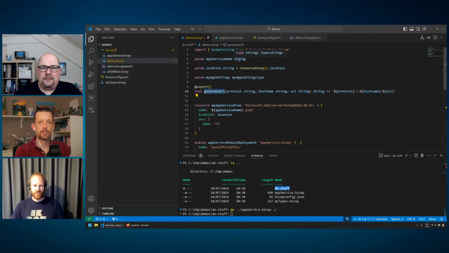Nice. Yeah, I feel the urge coming up to start drawing subscriptions and resource groups. But you're right. Scope is sometimes a little bit misunderstood. But if you don't use modules where you don't need to, yeah, exactly. I think it makes much more sense. That's a good rule of thumb.